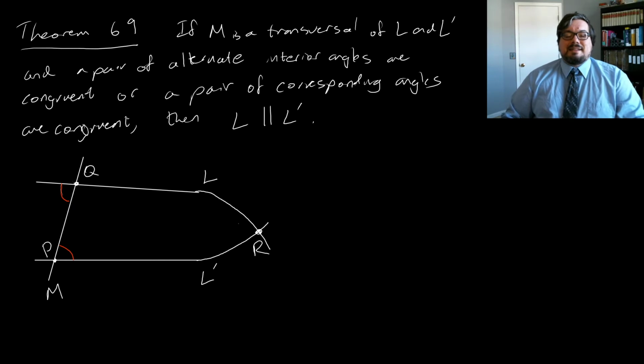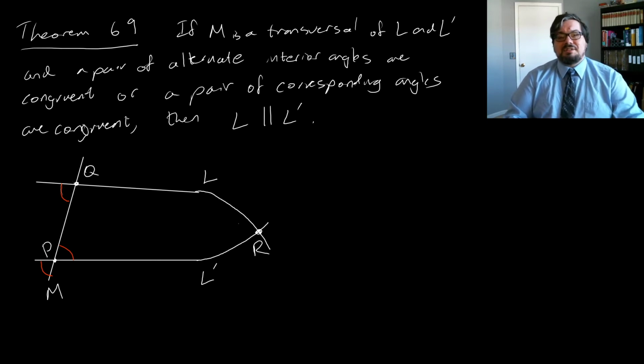that will tell us that there's a problem with this. Will tell us that the situation that we've drawn here just can't happen. So that'll be the argument for the alternate interior angle case. And then if we have the corresponding angles being congruent to each other, well, we'll just reduce that back to the situation with alternate interior because